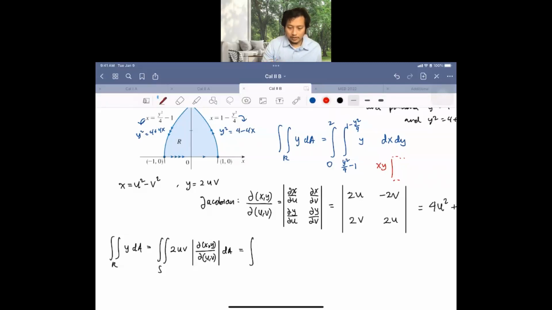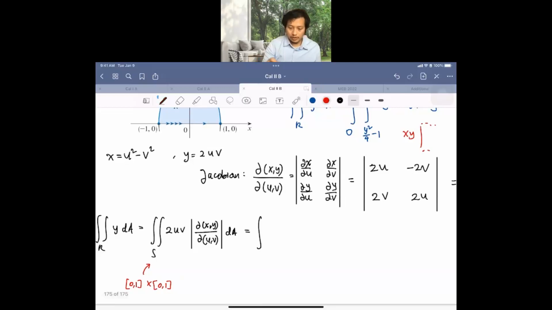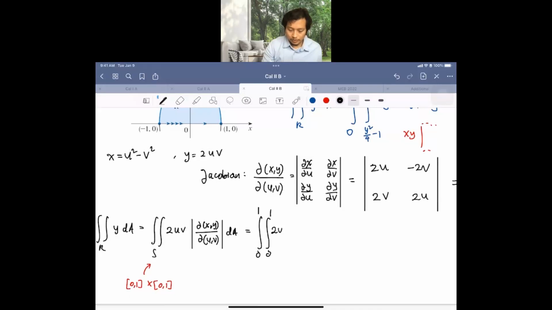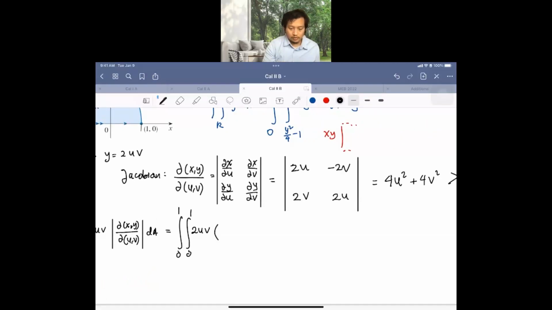If we remember, this S is a square, 1 by 1 square. So we could take that square, 0 to 1, 0 to 1, okay, and this will be 2uv, multiplied with 4u squared plus v squared from our Jacobian, and du dv,